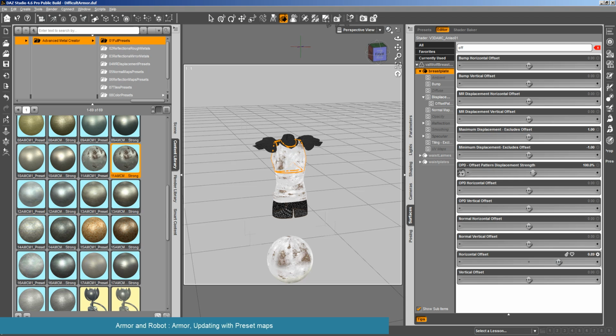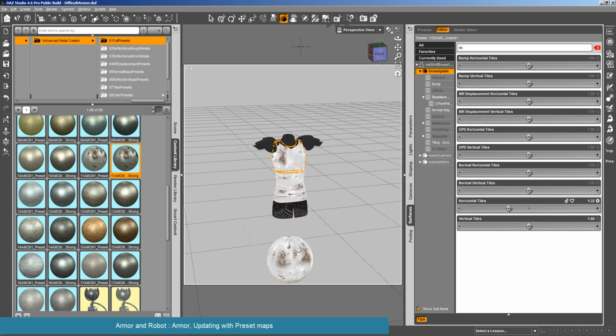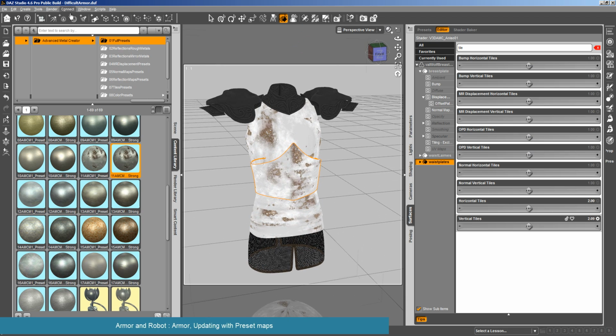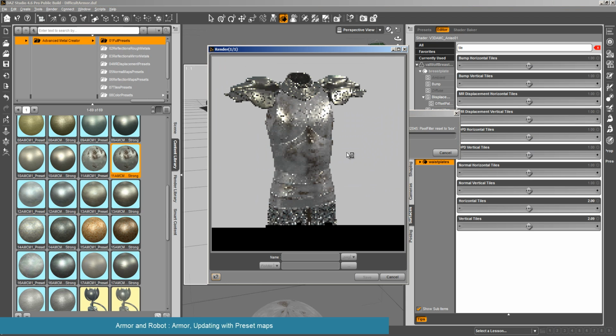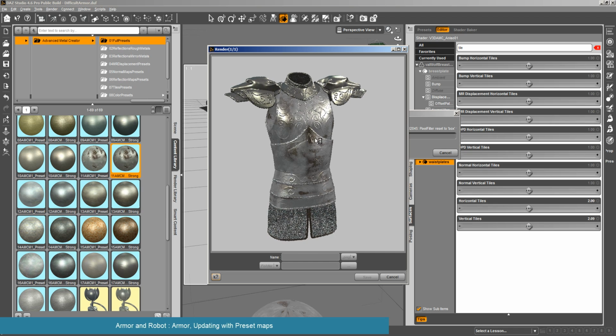Okay, vertical. Okay, and I came back to the tiles. Okay, here. This way. Okay, I'm just trying to place nice patterns on the armor. Okay, let's have a look just like that. The specular map is not the right one. But okay, now you have something with large rust